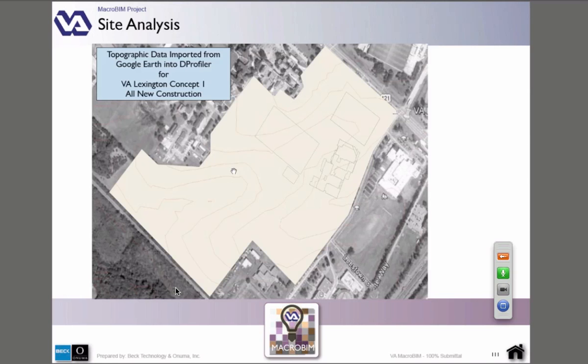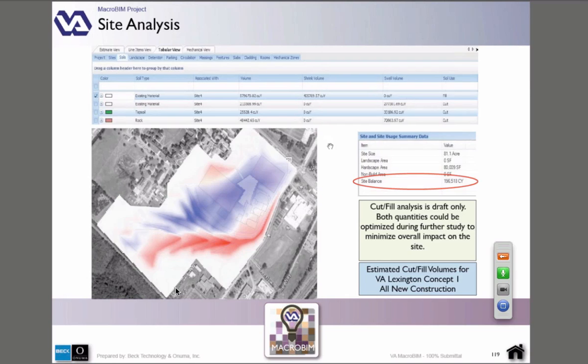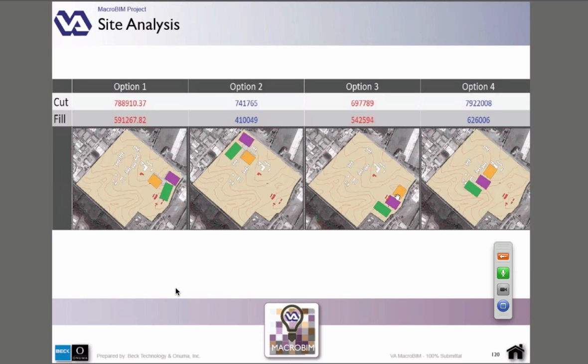This is the original proposed contour, and so it runs. Yeah, so we basically pushed it off to the right. That's the extent, and then there's a new retention or detention pond on the south side of the site to accommodate that. You also can't see this, but this gives you site balance information related to how much cut and how much fill. And in one of the final submittals by Leo A. Daly, they focus on an area more central to the campus, which greatly reduces the amount of cut and fill